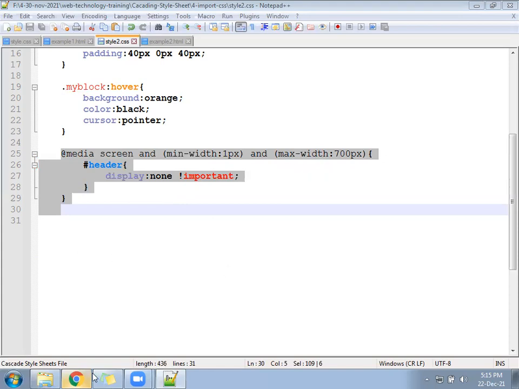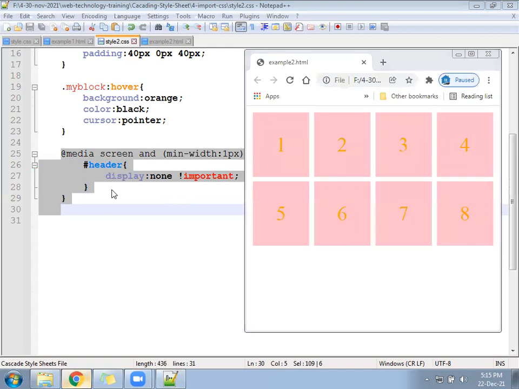So hope it's working now. Next, hide part you have made.